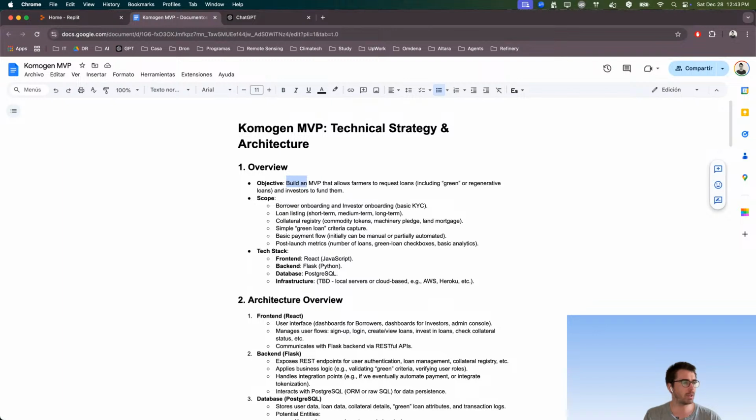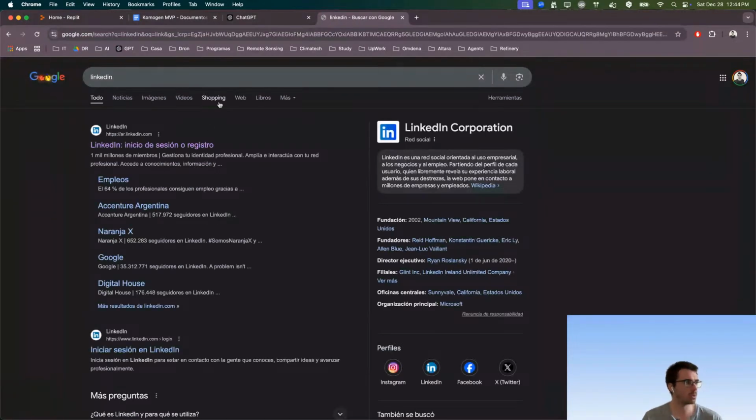We will be building an MVP that allows farmers to request green loans, or generative loans. Yeah, because we want to focus on green loans, just that. And investors to fund them. So we want to be the bridge between farmers that want to incorporate